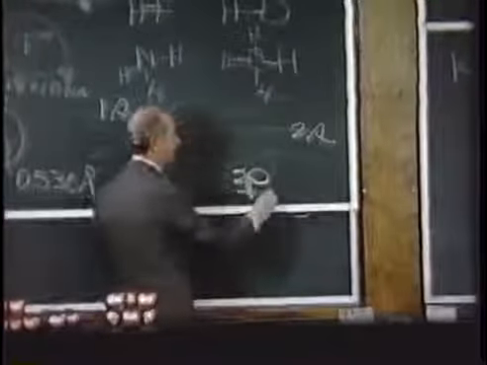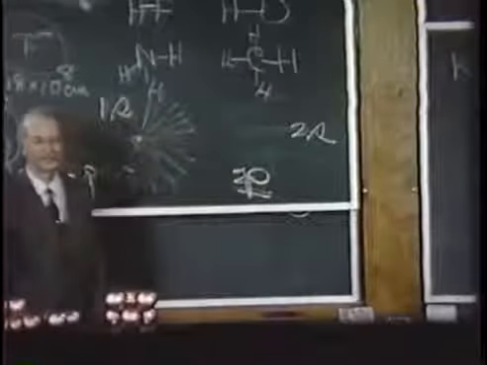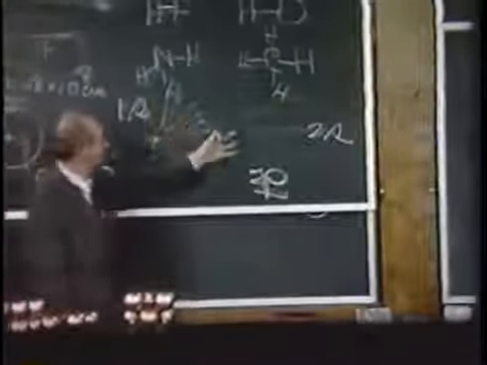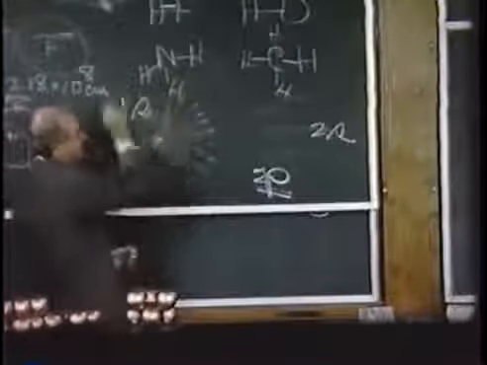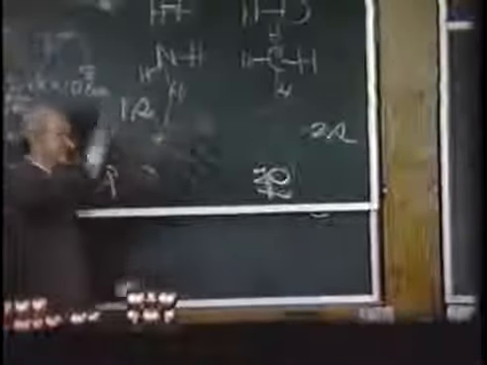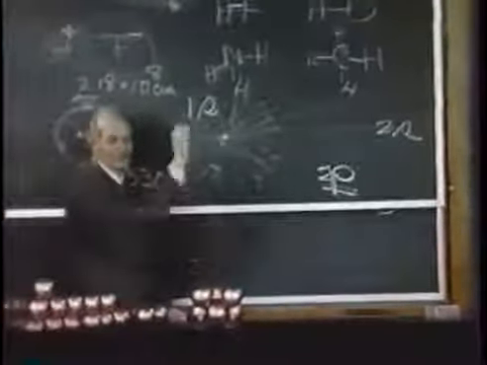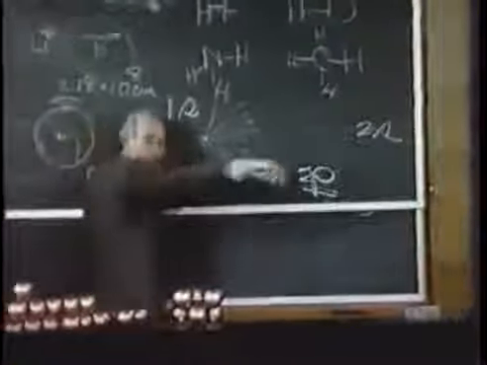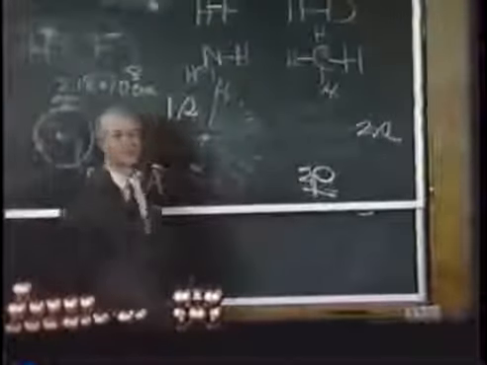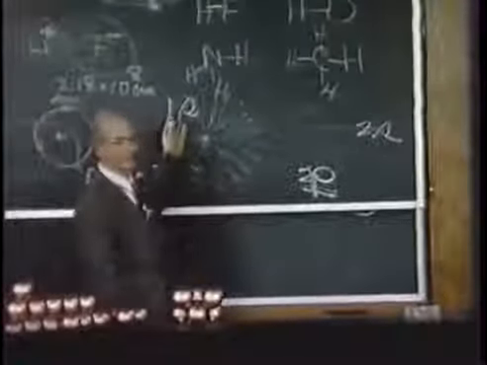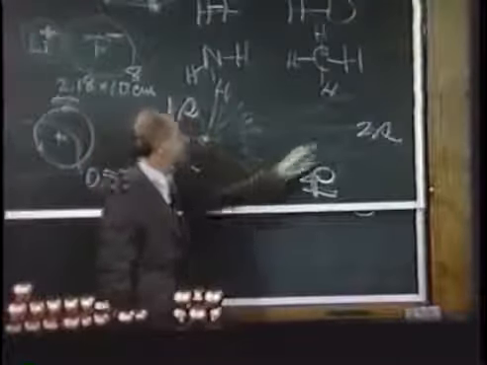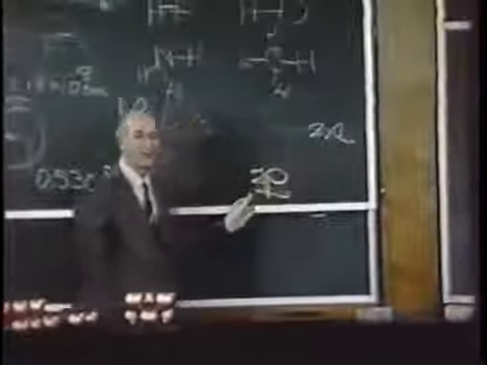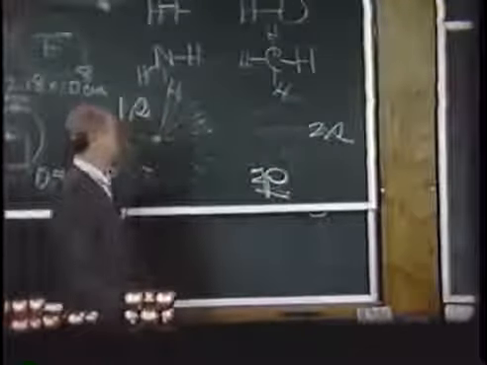And there are three kinds of orbits with the symbol 2p. We may think of them as having the motion in the plane of the blackboard, or in a plane at right angles to the plane of the blackboard this way, or in the third plane at right angles to both of the other two planes. There is the most stable orbital, the 1s orbital, the next most stable, 2s, and then three 2p orbitals.